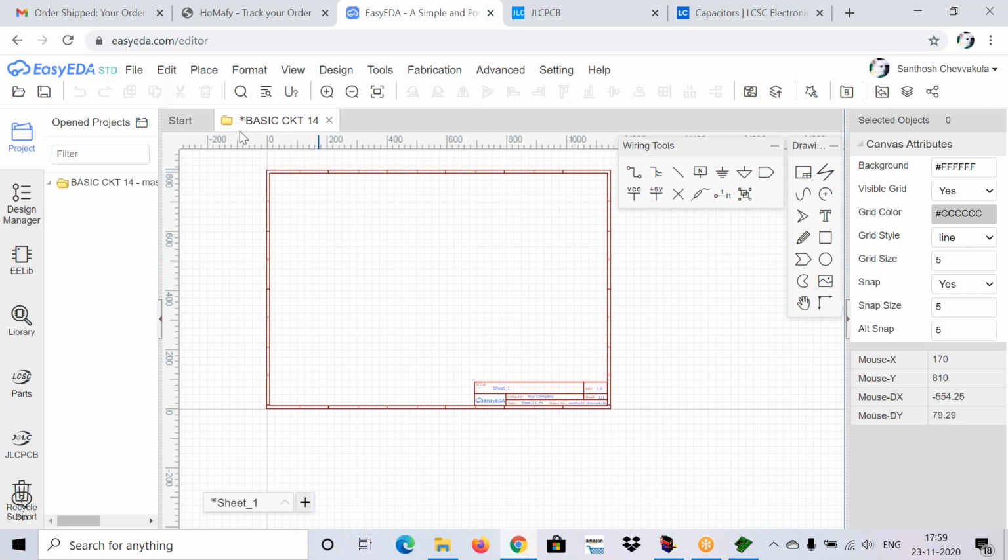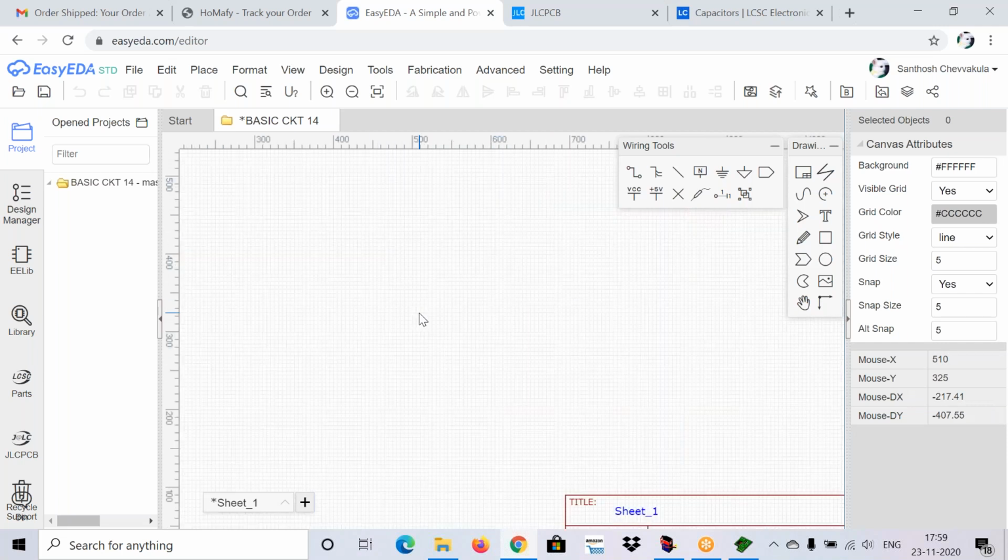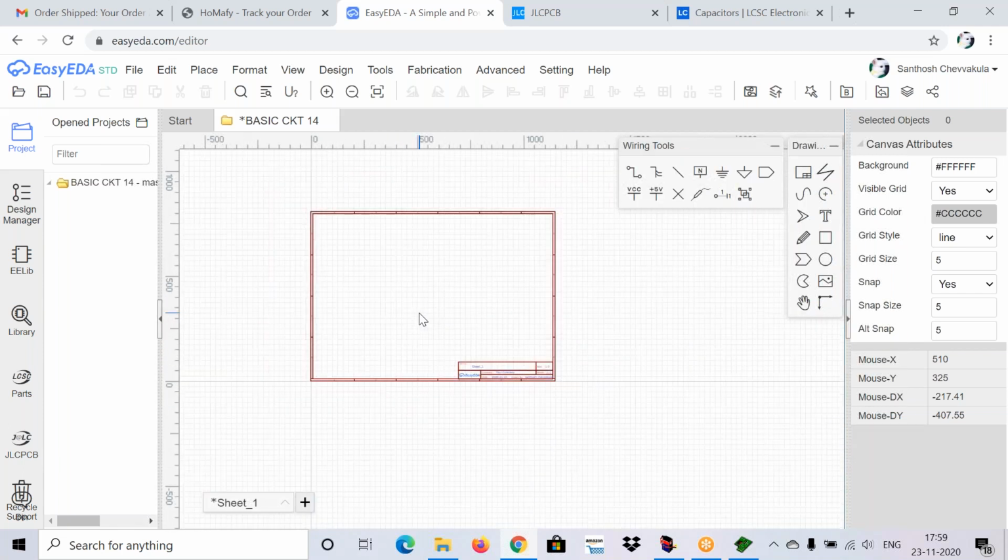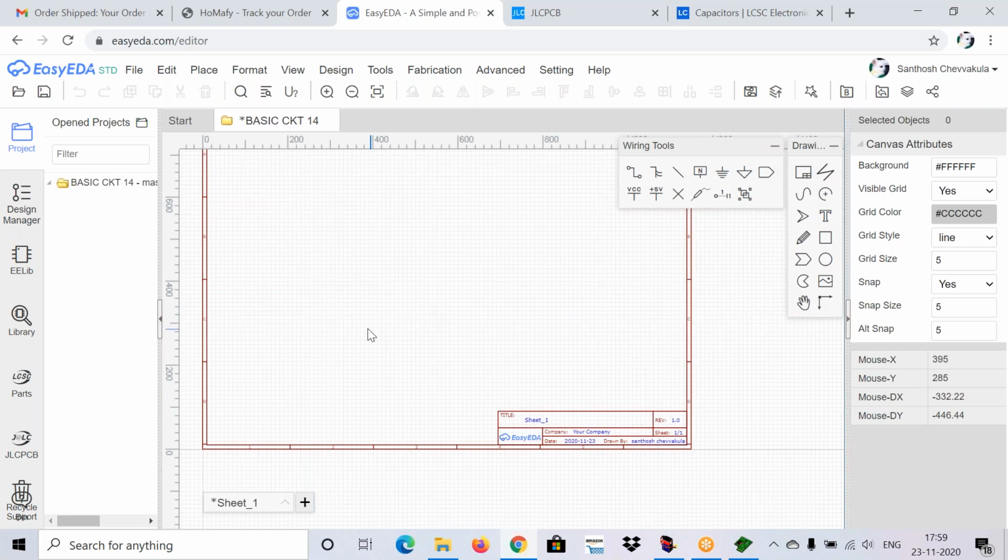After saving your project with a title, your workspace will open like this and you can observe the rectangular box. This is the project and your circuit should be inside of this project only, whether it is a small one or a large one. If you move your cursor front and back, you can zoom in and zoom out of your screen, or the project area.